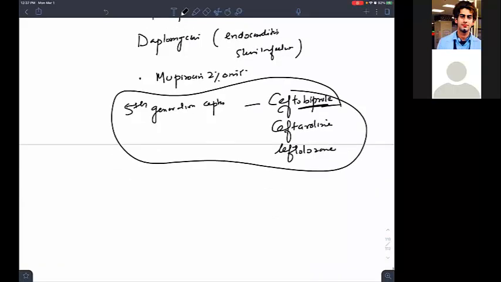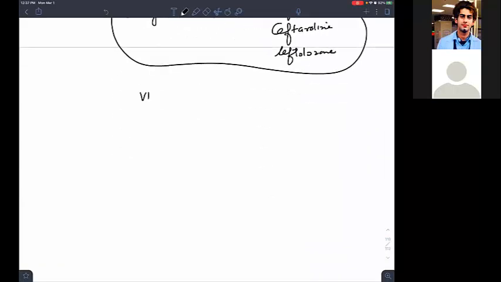But there is also VRSA. Now there is a VRSA resistance: vancomycin resistant Staph aureus. Or you have vancomycin intermediate Staph aureus. This happens because if a person takes high amounts of vancomycin, overuse of vancomycin leads to resistance to vancomycin. So we have two types, VRSA and VISA. How will you treat VISA and VRSA?